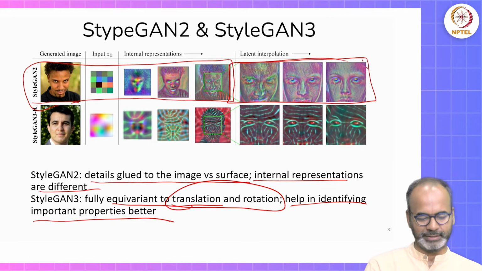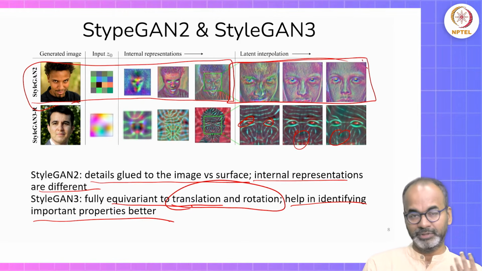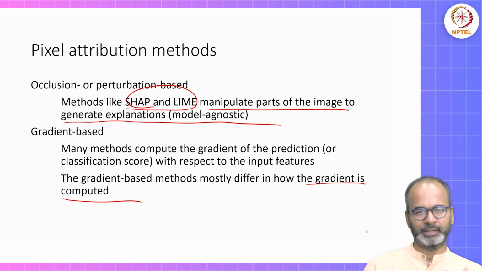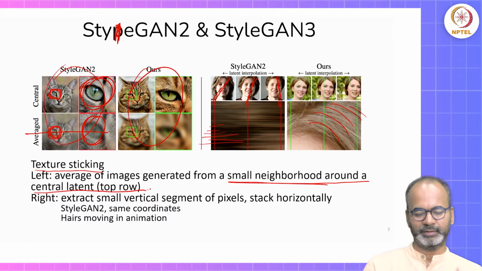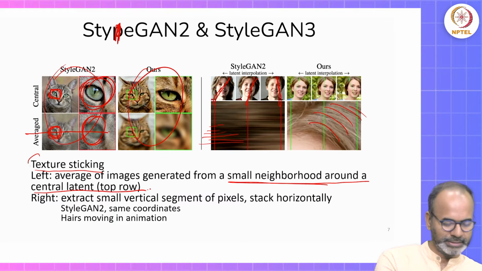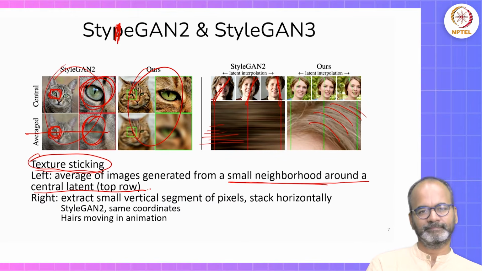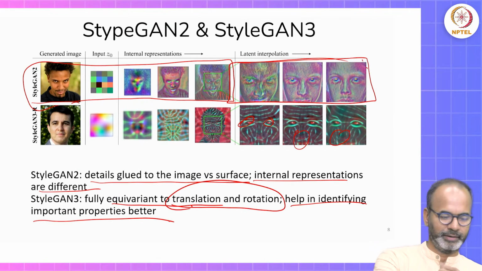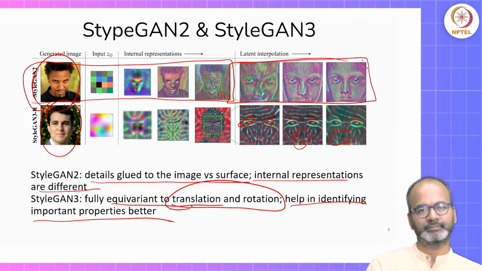If you see here, it's identifying the eyes, the nose and everything. StyleGAN3 is able to identify them better. And the argument that the StyleGAN3 paper was making is that it was doing better than StyleGAN2 in terms of tasks like texture sticking, tasks like identifying images, or what is in the image classification. Let's take, if you were to do the downstream task as image classification.